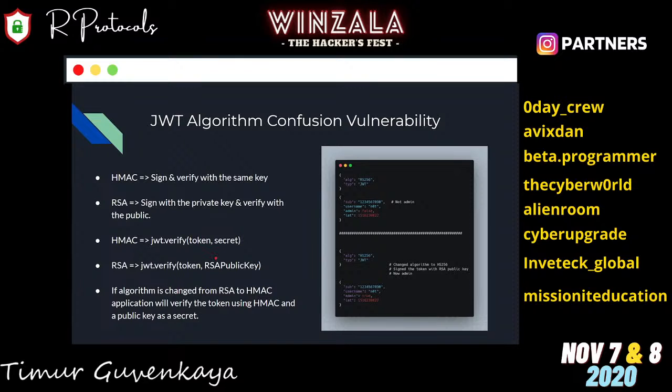In that case, we are basically using HMAC in here instead of the RSA, and we are bypassing the signature. Basically, we are using the public key as a secret to sign and a secret to verify. Because of this, we can bypass the signature and do whatever we want. We can change the admin to true, manipulate everything, and now we are an admin.